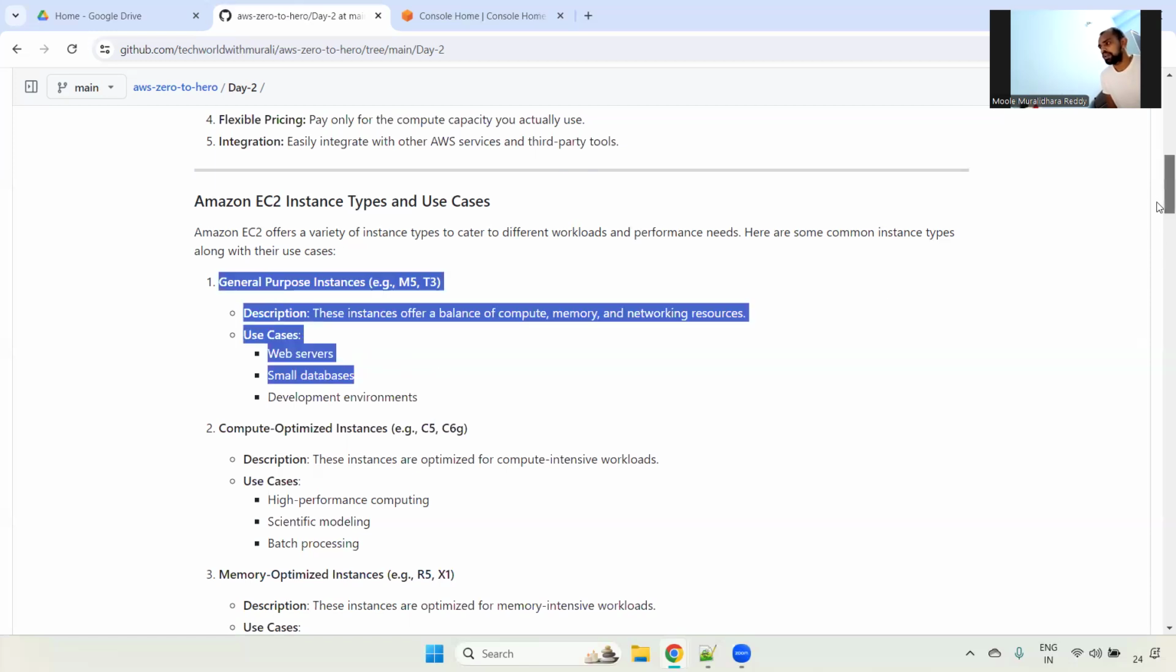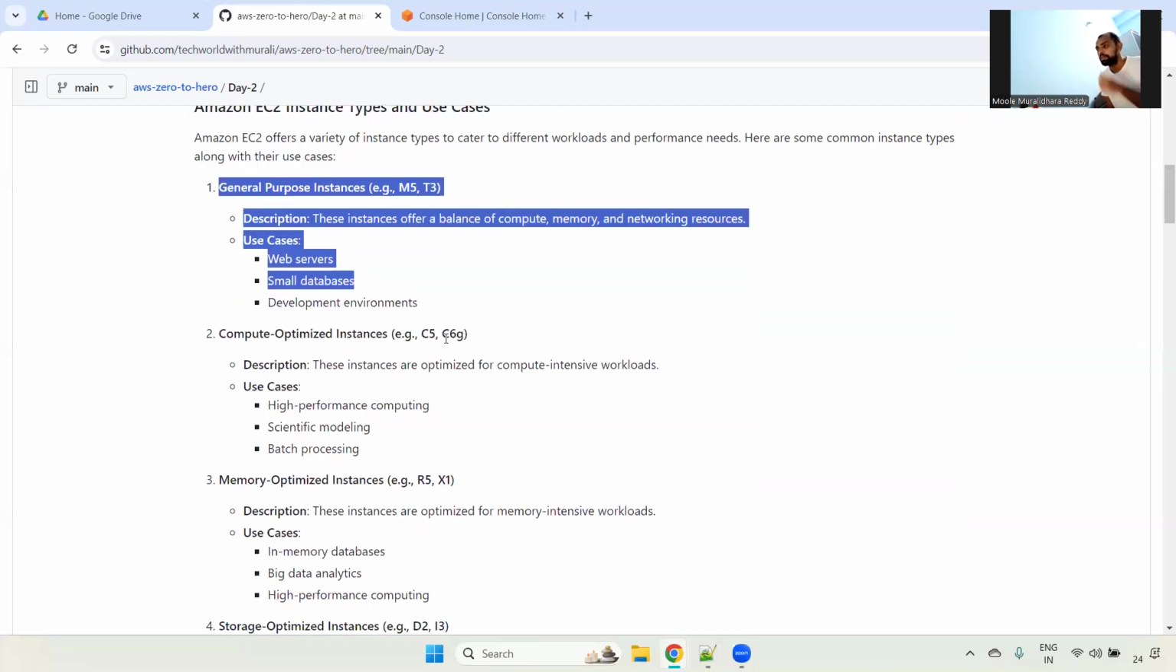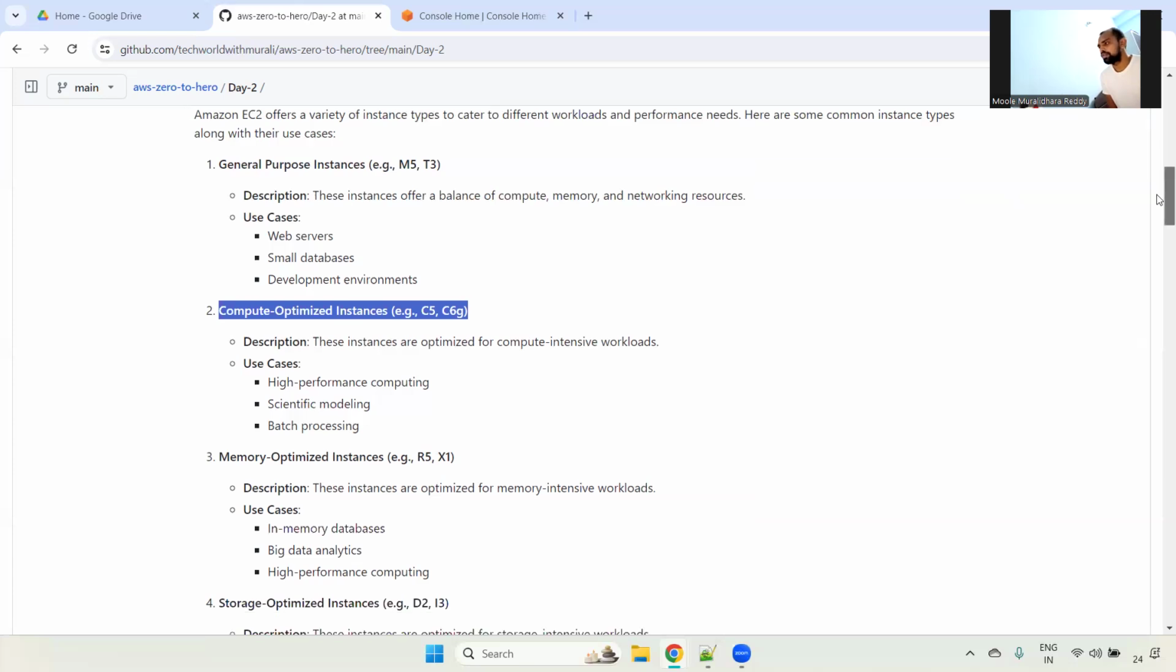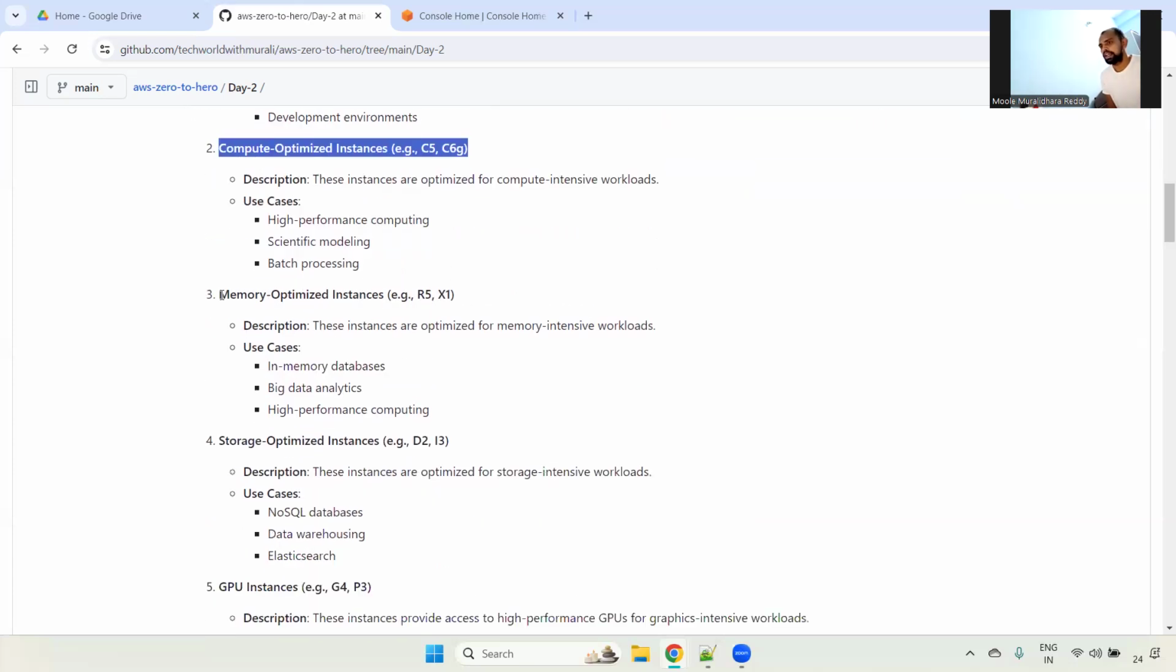In case your organization's application is a CPU-based application, we can use compute optimized instances. This is majorly for batch processing and high performance computing. For that we will use the compute optimized instances. And also if your application is a memory-based application, we can use memory optimized